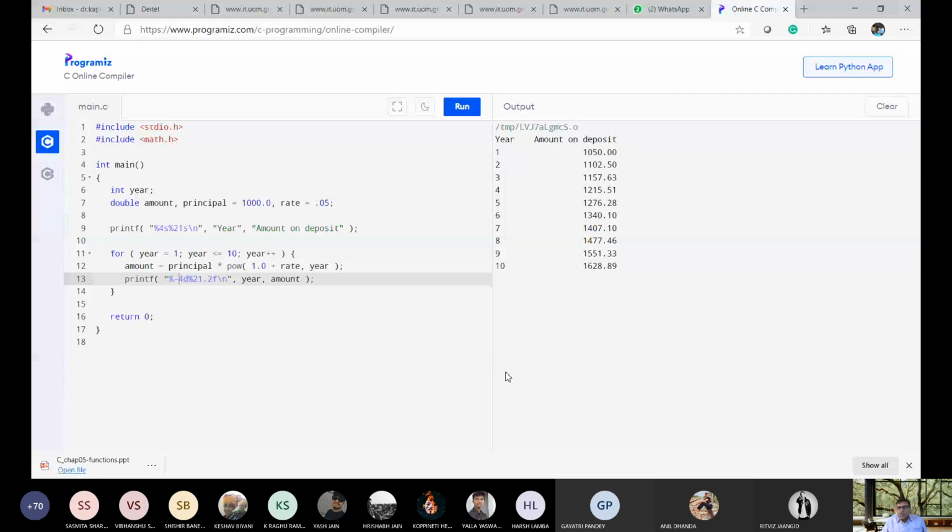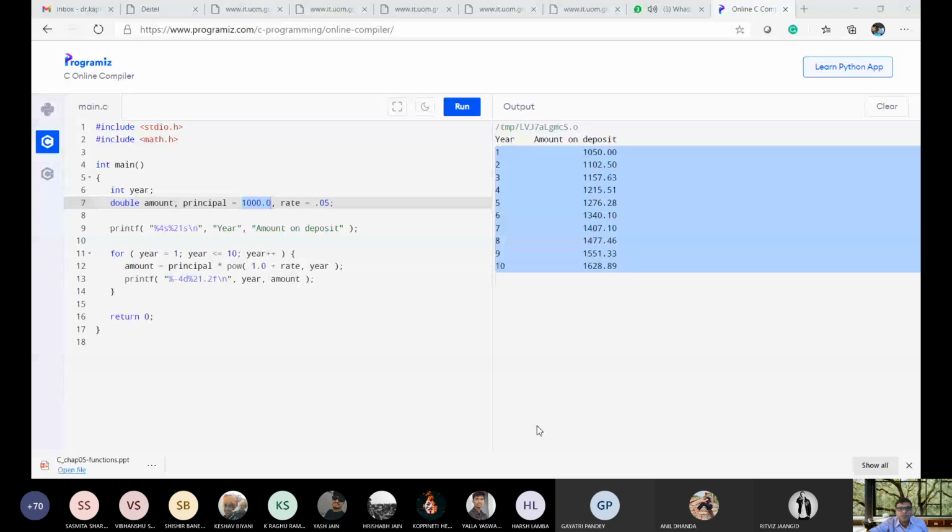So based on this, you can use format specifiers inside the for loop, calculate, and beautify. So this is a program written for calculation of compound interest. This is compound interest for years 1, 2, 3, 4, 5, 6, 7, 8, 9, 10, and the amount, we have already put the amount of 1000. Now come to the next program.